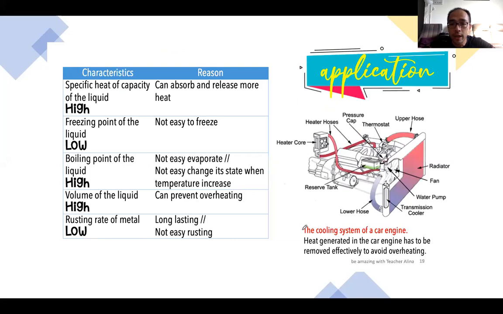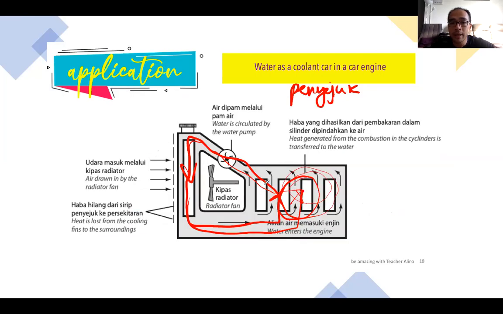Okay, so characteristics are: specific heat capacity of the liquid should be high so that it can absorb and release more heat with a small change in temperature. The freezing point of the liquid should be low so that it's not easy to freeze. Okay, boiling point of the liquid should be high so that it doesn't evaporate easily. It is very important. If your 100 degrees is very high, okay, so you know if let's say you don't use water, you use a liquid that has a lower boiling point, which is not good you know, because then